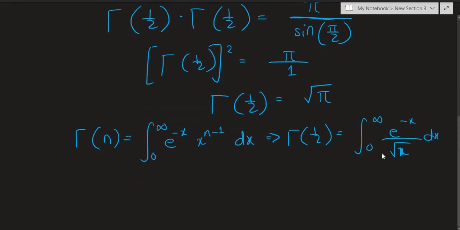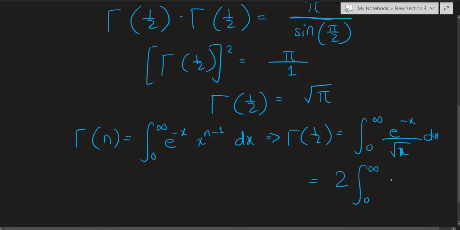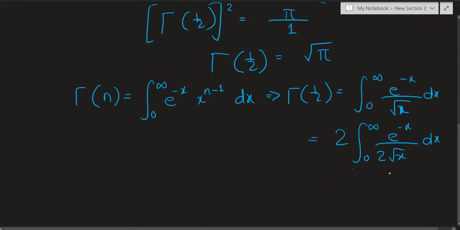And how does that relate to our Gaussian integral? This is basically 2 times the integral from 0 to infinity of e raised to negative x divided by 2 root x dx. And now notice that this is the Gaussian integral. So we have 2 times the Gaussian integral. So now plugging this over here,